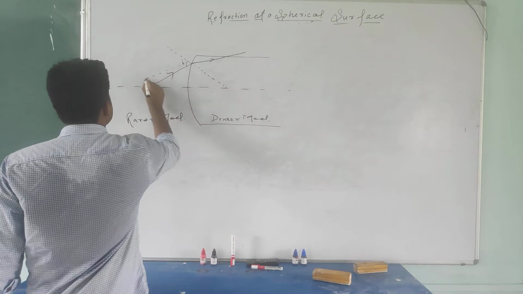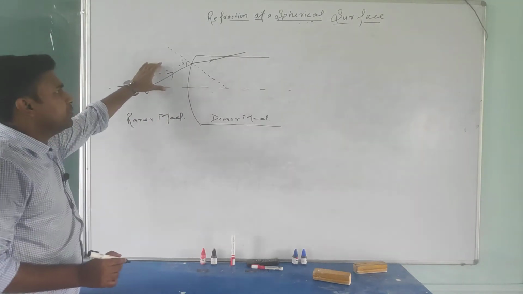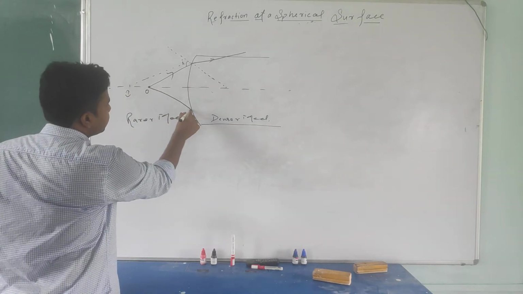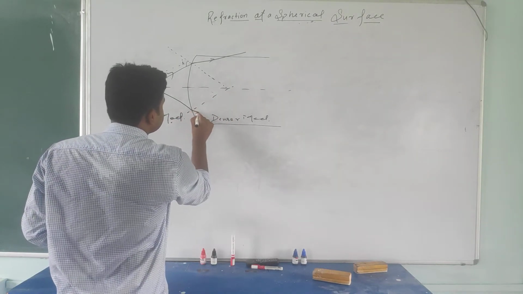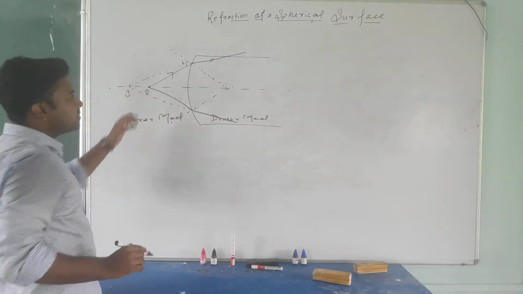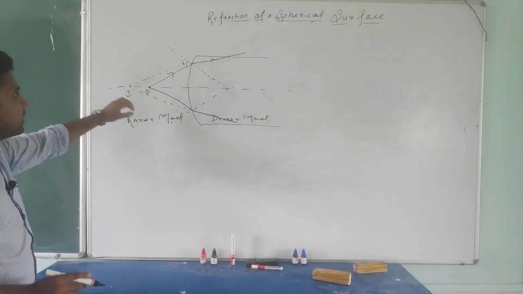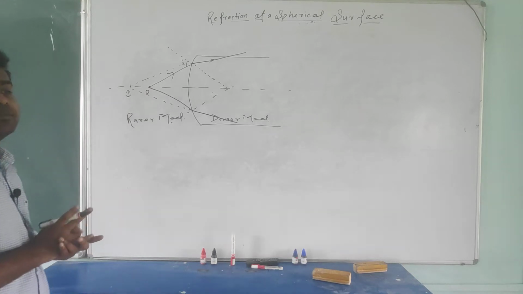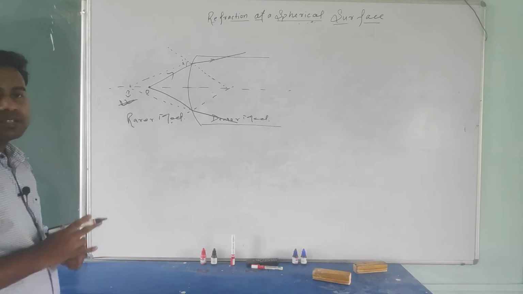So where will the image form? Here. So look at this. Actually the ray is not meeting. Look at this. If the ray is also coming from this side, if you are assuming the ray is coming from this side and this one is the normal and it's going like this. Okay, so it's actually not meeting at this point, but if you are observing from this side, then what you will find is it's looking like the ray is coming from this point. So here a virtual image will form. This is the case where a virtual image is forming.